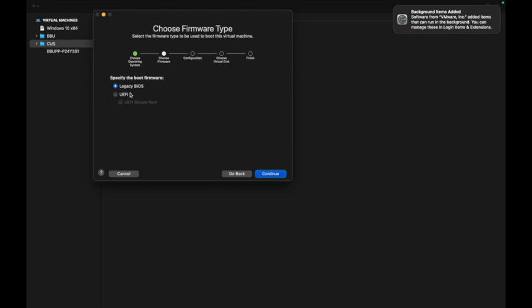For me, I have already downloaded the ISO file of CentOS Stream 10 from its official website. But here in VMware Fusion, I choose Fedora as the platform.